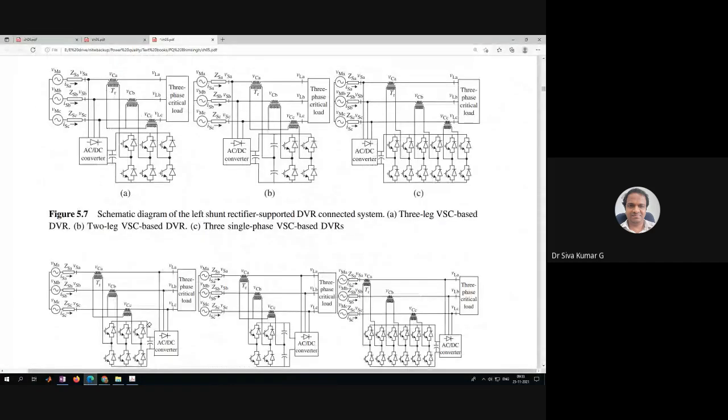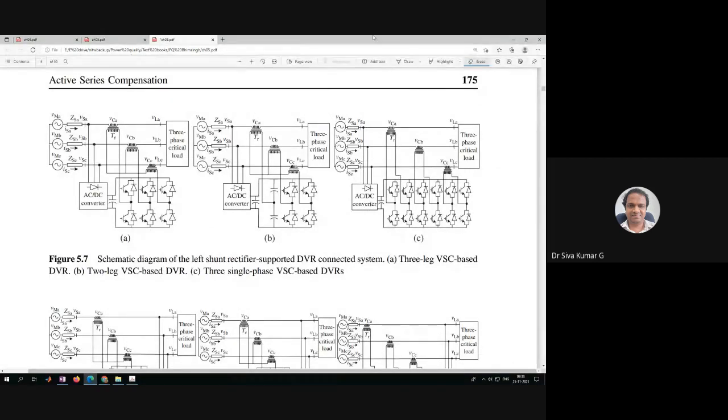Here, in this particular topology, they are trying to charge the capacitor from the source itself only. This is not appropriate because the source itself is in weak conditions. Okay, as I was mentioning, if you want to know the performance, then fine. But in a practical system, in real-time implementation, this is not a feasible solution for charging the capacitor.